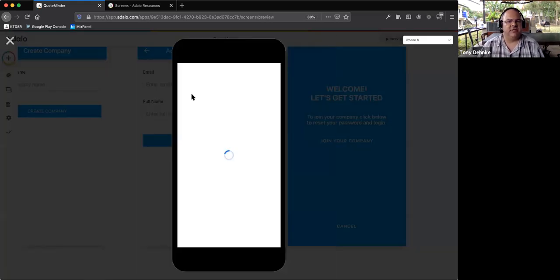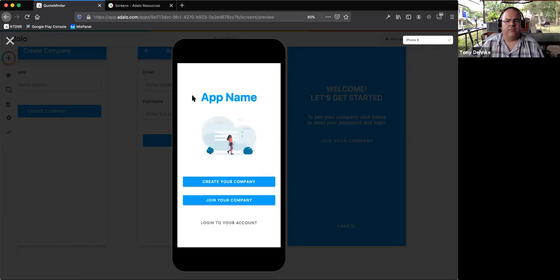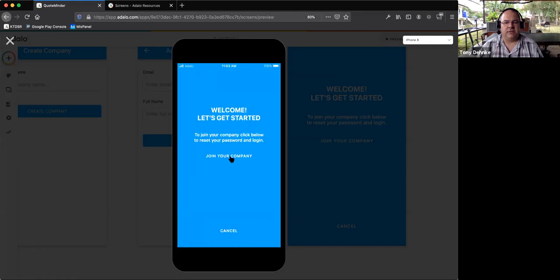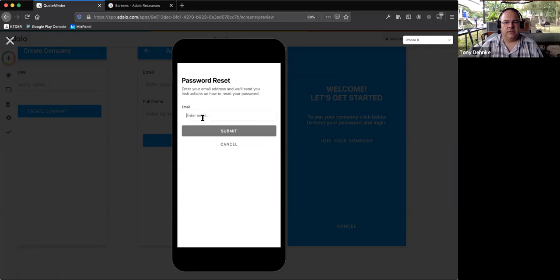It's not going to be as pretty as what I was hoping for. What we need is the ability for Adalo to give us the ability to stylize or create our own custom reset password pages. So we're just going to try this out because I'm curious to see what happens. So join your company. So let's just see if I submit this. It should hopefully say something like,